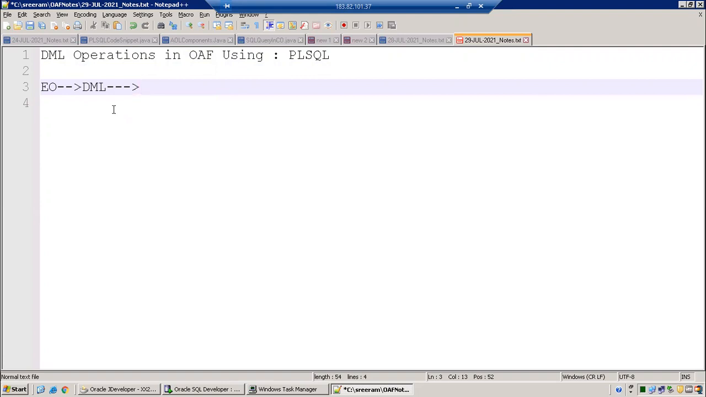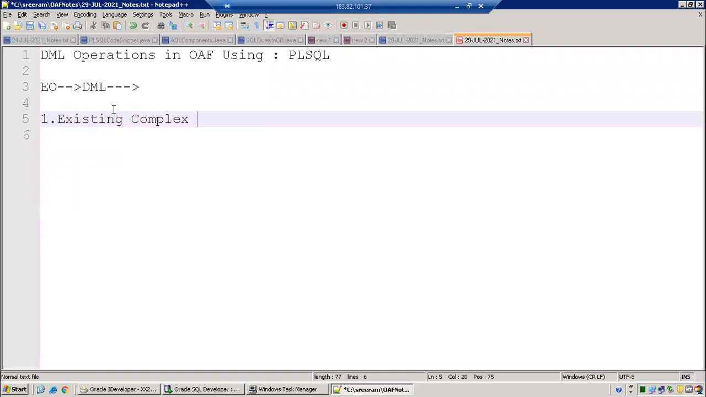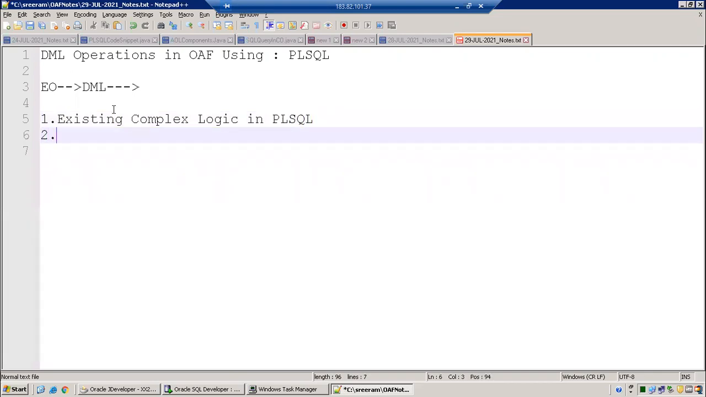The basic reason, or the scenario in which we generally go with PL/SQL, is whenever there is existing complex business logic which is already in PL/SQL. That is one scenario. Or there are chances that a particular customer foresees a change in their framework functionality, or a change in the technology which they are using. They prefer to go with PL/SQL, rather than forcing a new